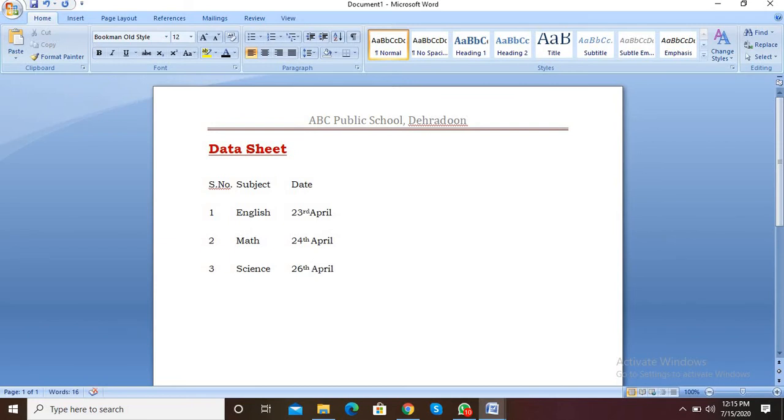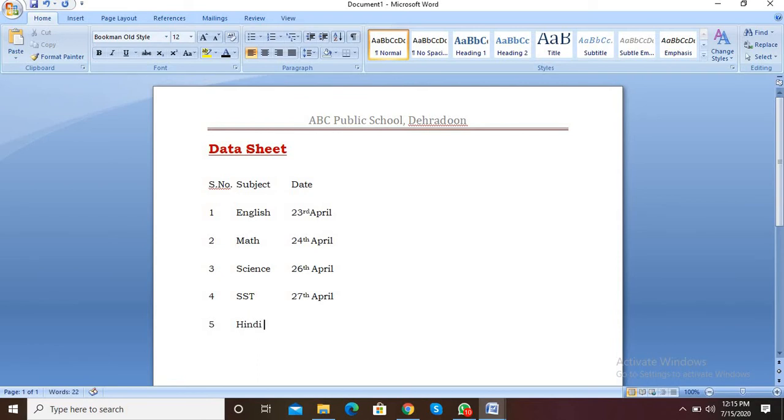Press tab enter key. Fourth one, again a tab key, SST. Press tab key. It should be 27th April. Again press tab key. Fifth one is tab key, Hindi.